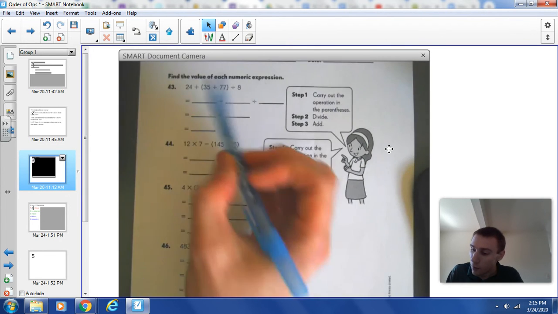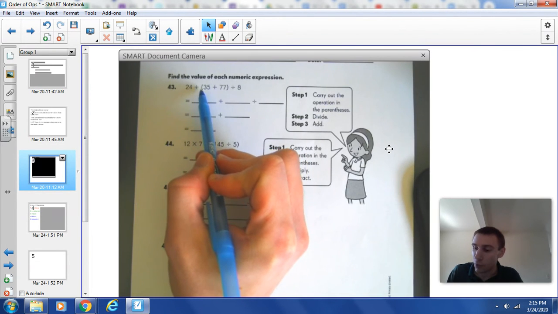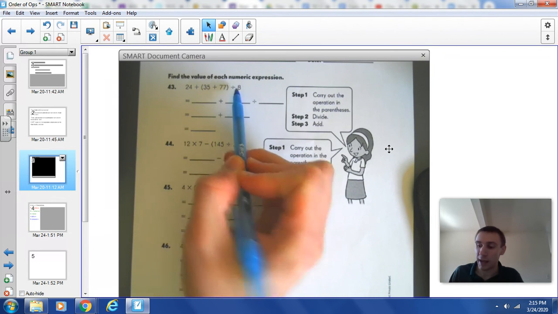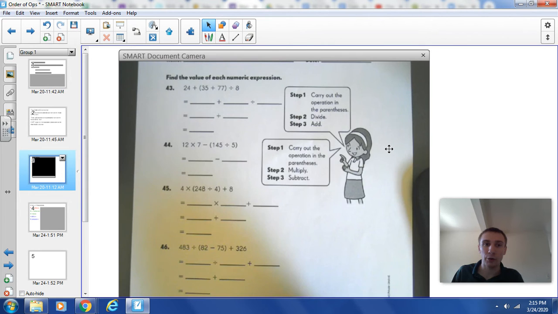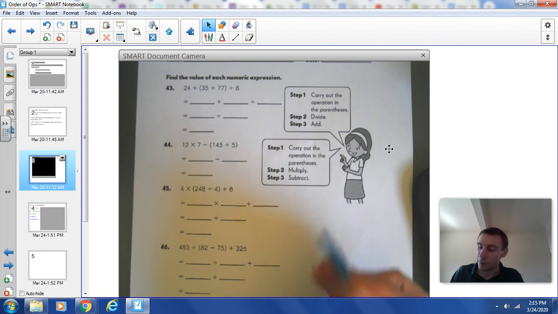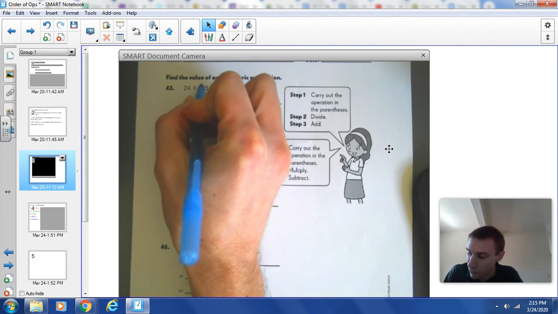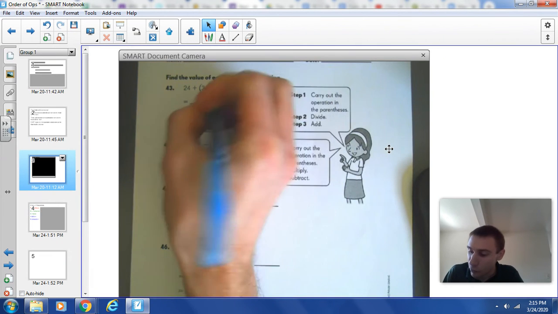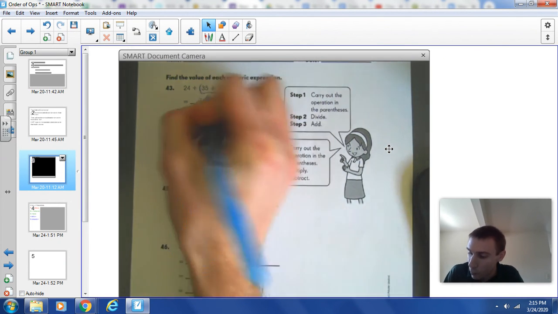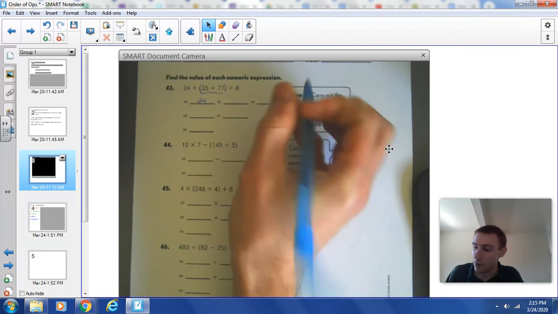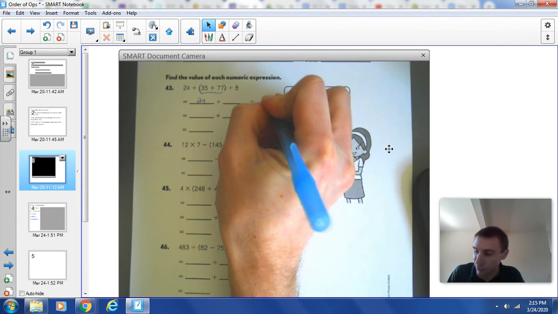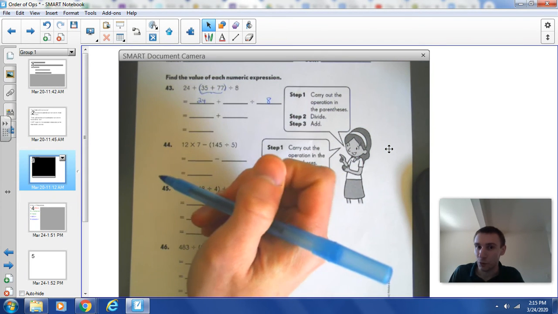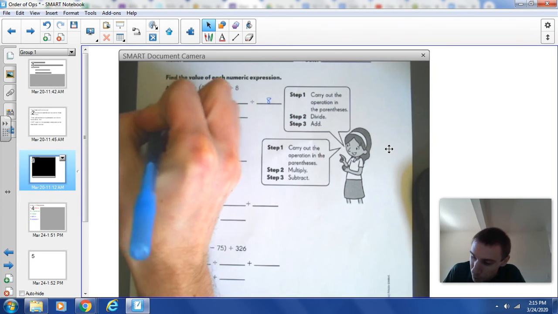So if I take a look, 24 plus the quantity of 35 plus 77, divide by 8. So following my order of operations, I'm going to solve what's inside my parentheses first. So 35 plus 77. So my 24 plus whatever this answer is going to stay, and then divide by 8 is going to stay on that outside. Now I'm just solving for this middle number right here. So 35 plus 77